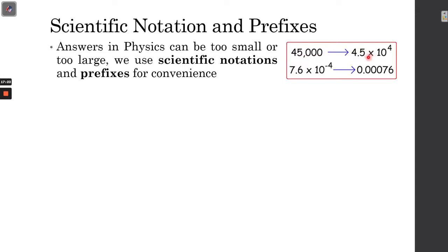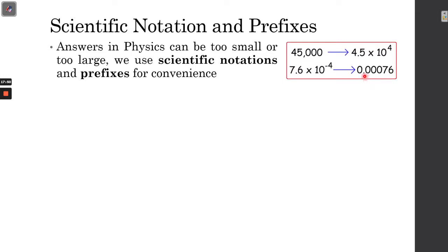So it's 4.5 times 10 raised to 4. Another way of writing scientific notation is by the use of negative powers. And this time, the movement of our decimal point is not from right to left, but from left to right. As you can see here, we have